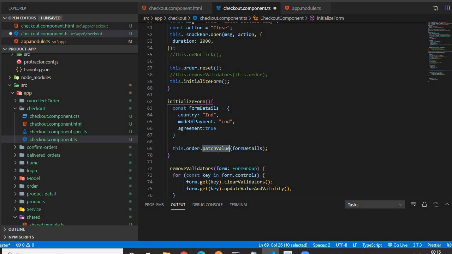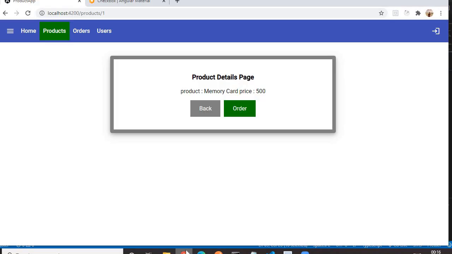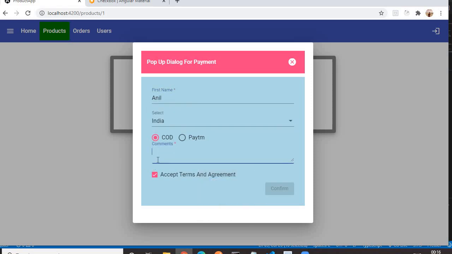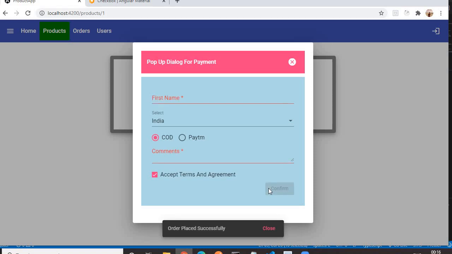Okay, everything is clear up to this, I guess. So let me save it. Okay, we'll see. Open, and then comment, order, click on confirm. So on click of confirm, you will see everything will get reset except this select, radio and accept button, because that one we need to retain. See, first name and comment are reset, and the selected radio button and this checkbox are retained. Okay, this is the requirement.